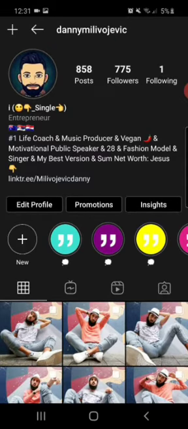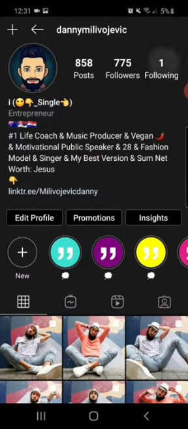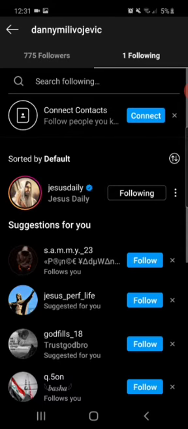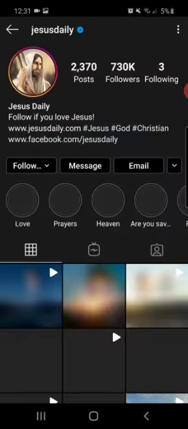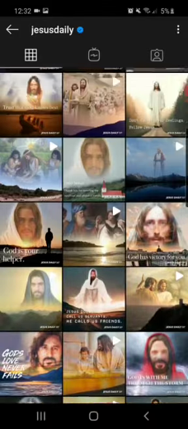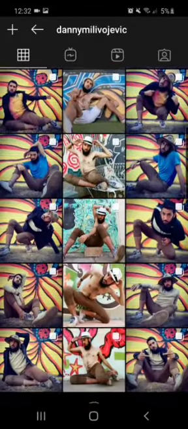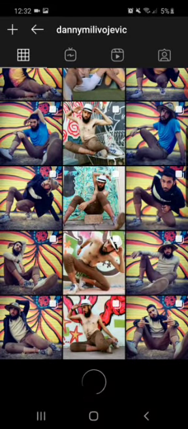I also have flags for my countries and what I consider myself to be. And my following over here is, I follow Jesus Christ. So everybody who follows me goes to see my following and sees one following, they get attracted, and then they go to see this person and I promote their page. I promote Jesus Christ. I follow that page and I just bring people to Jesus like that. Although I post 60 photos of myself a day and I promote myself all day long on my Instagram.